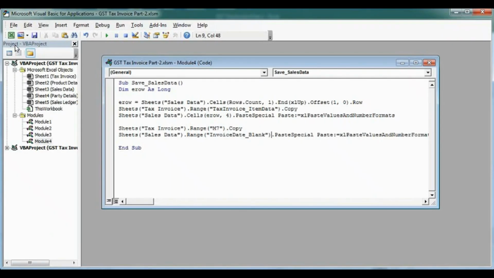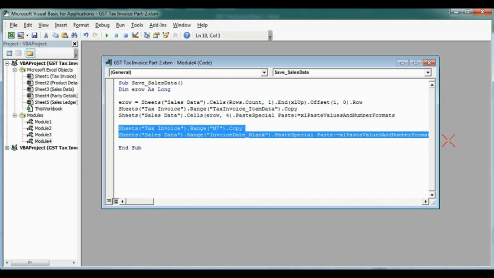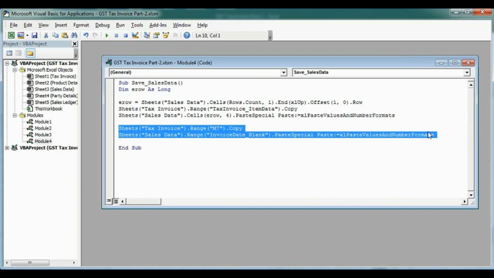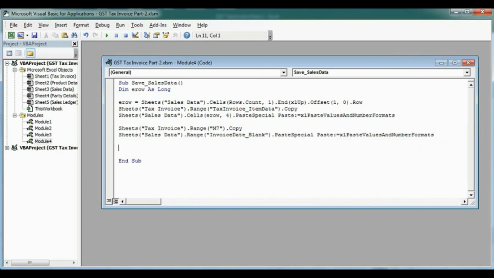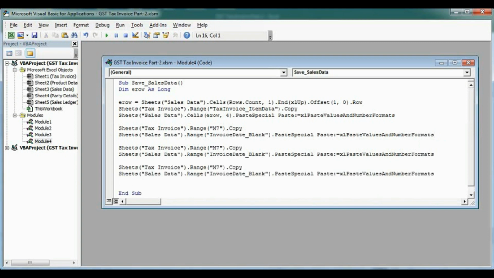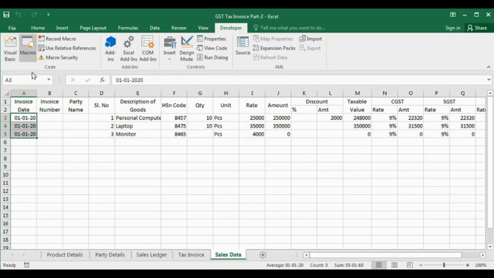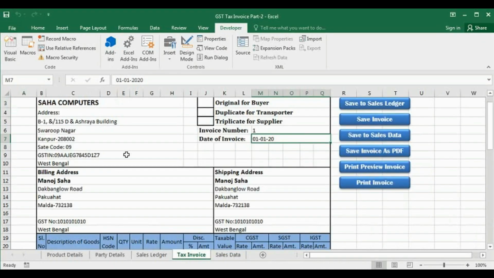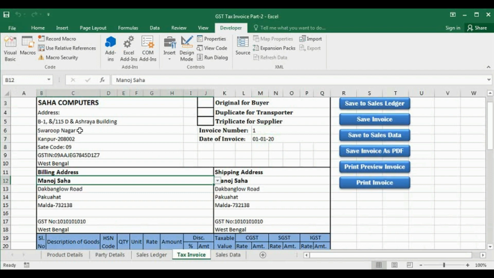So again go to Visual Basic, copy this and paste 2 times, because one is for invoice number and one is for party name. So our invoice number is on M6 and party name B12, M6 and B12.